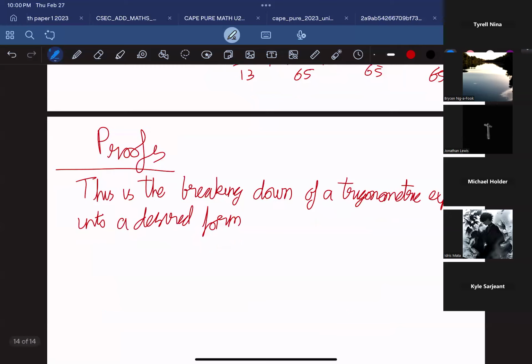So guidelines, I guess. Should put tips. Tips. 1. Start with the side